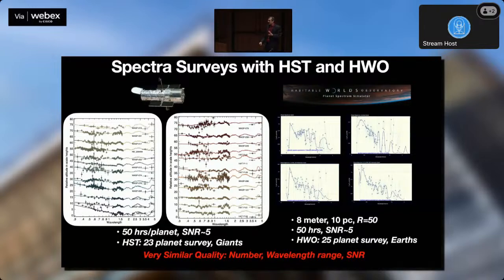So what can we learn from Hubble going to HWO? It's worth noting, here are the 25 planets from Hubble, and the spectral range, wavelength and signal to noise are going to look very similar to what you'll get from the Habitable Worlds Observatory. On the right, from the simulator, are various Earth-type planets with an 8-meter telescope at 10 parsecs, and so forth. So this is what these planets are going to look like. Same wavelength range and everything. But instead of worrying if one of those little bumps is potassium, you're going to be worried if it's a biomarker signature. So I think the lessons learned from Hubble are pretty relevant.